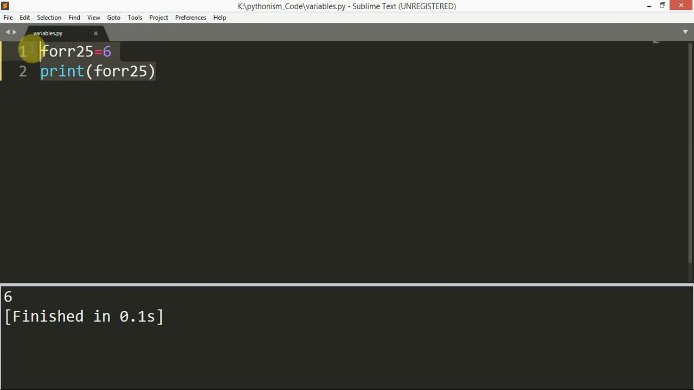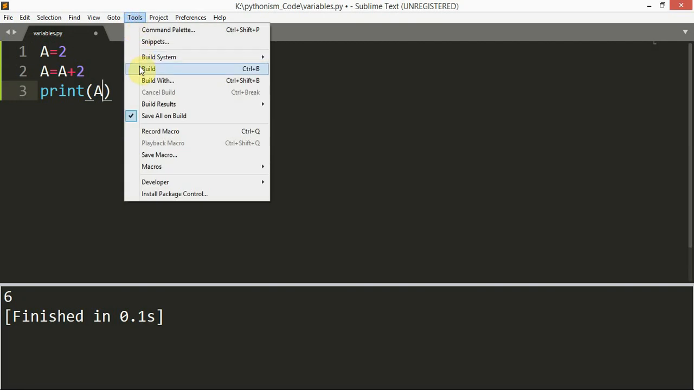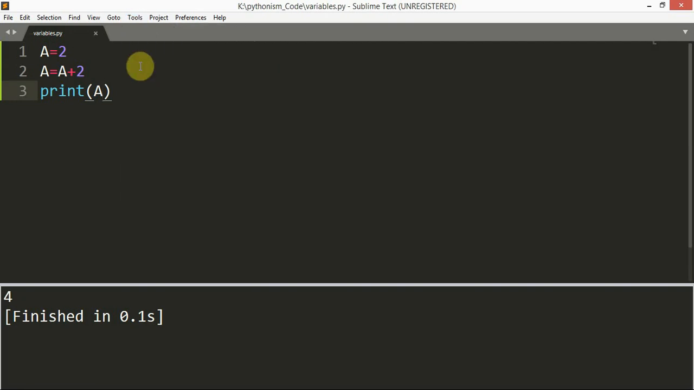So let's see, a equal to 2, a equal to a plus 2, then print a. Go to tool and then build. Yes, the answer is 4. a equal to a plus 2: the previous value of a, 2, comes here, and then 2 plus 2, 4, is stored again in the variable name a. If you use small a here, it won't print anything, because